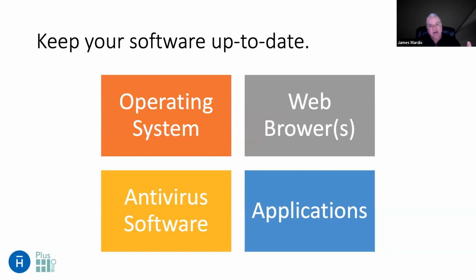This is advice that even banks will tell you: if you don't want to get hacked, make sure all of your software is up to date, right? And that's an important point, because think about it. If there's a vulnerability, it's likely in the older versions of the software within the application, and hackers know that. So if they've figured out the loophole, they want to attack the people who still have the loophole, until you update to the latest